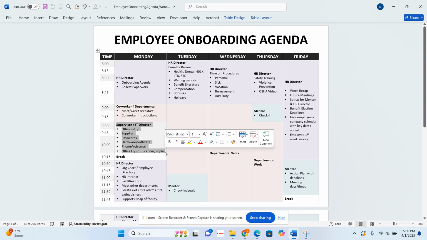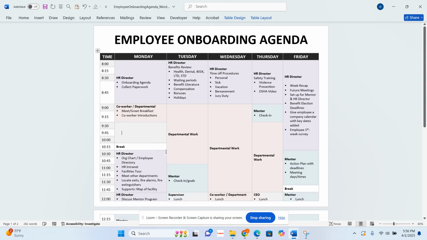They're going to make up some training on another day. So we're going to highlight this. And remember what we talked about, splitting and merging. So let's count this. 1, 2, 3. Note with me, it's 15. Everything on this is 15 minutes. So let's say from 9:15 to 9:30, let's say the IT supervisor,